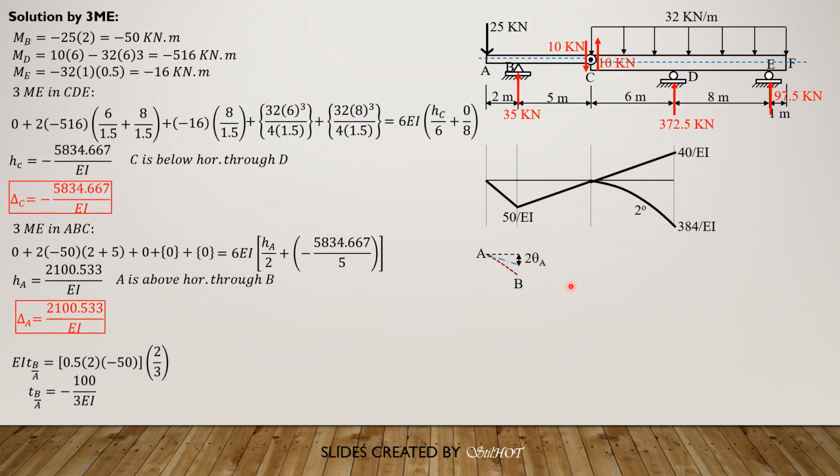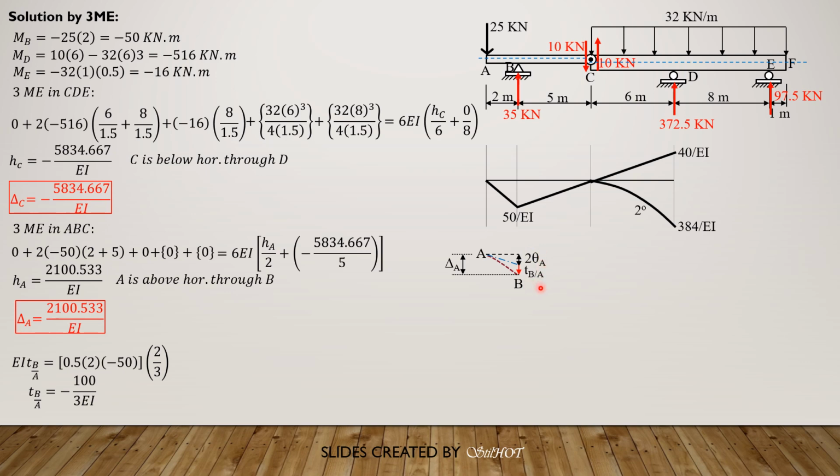And theta A is negative by the nature that it is sloping down to the right. Then this remaining distance is the deviation of B relative to A, which is negative. So that's the deviation of A relative to B. And the total vertical distance between A and B is the deflection at A, which is positive 2,100.533 over EI. Therefore, from the figure, based on distance, delta A equals 2 theta A plus the deviation of